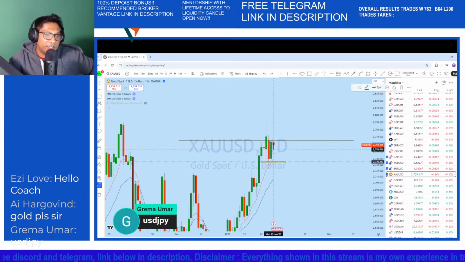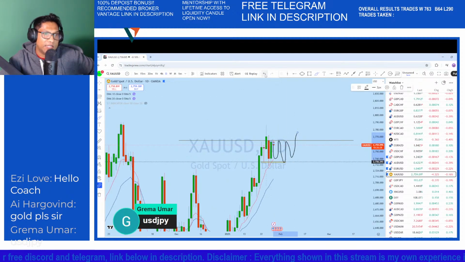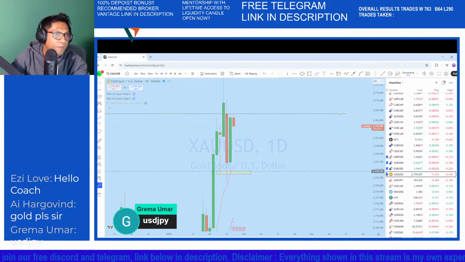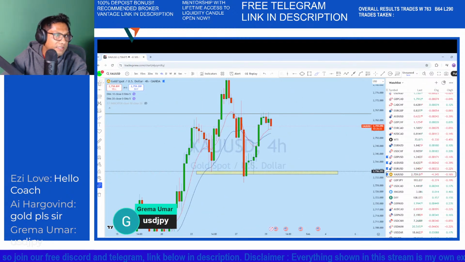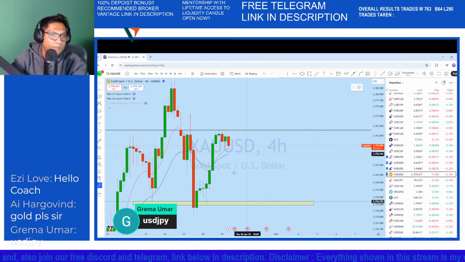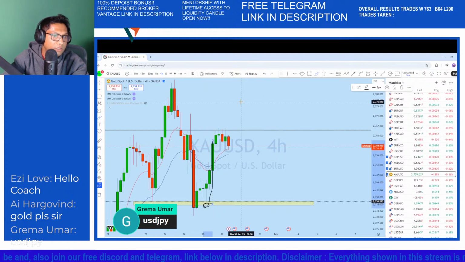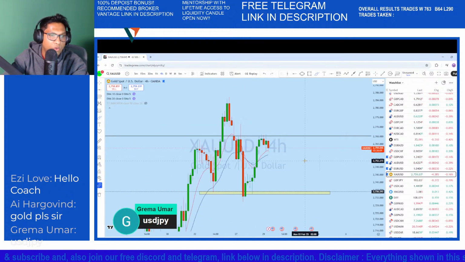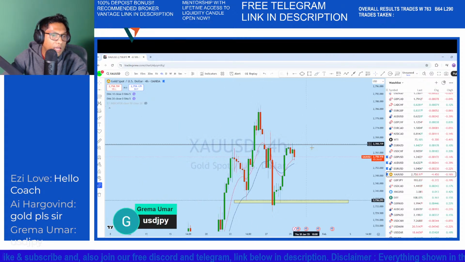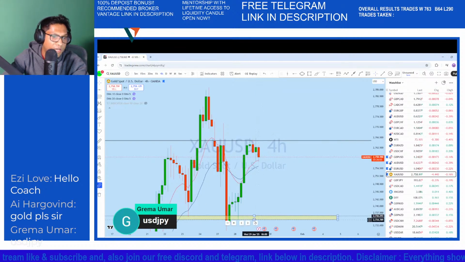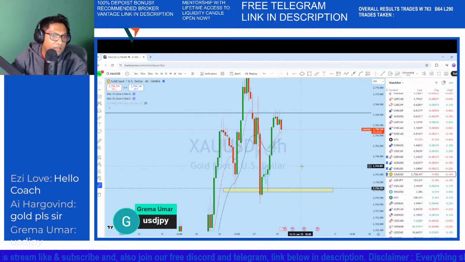So it may move sideways on XAUUSD, and from this support level, with this bounce, we can see a sideways doji, and with that doji formation,